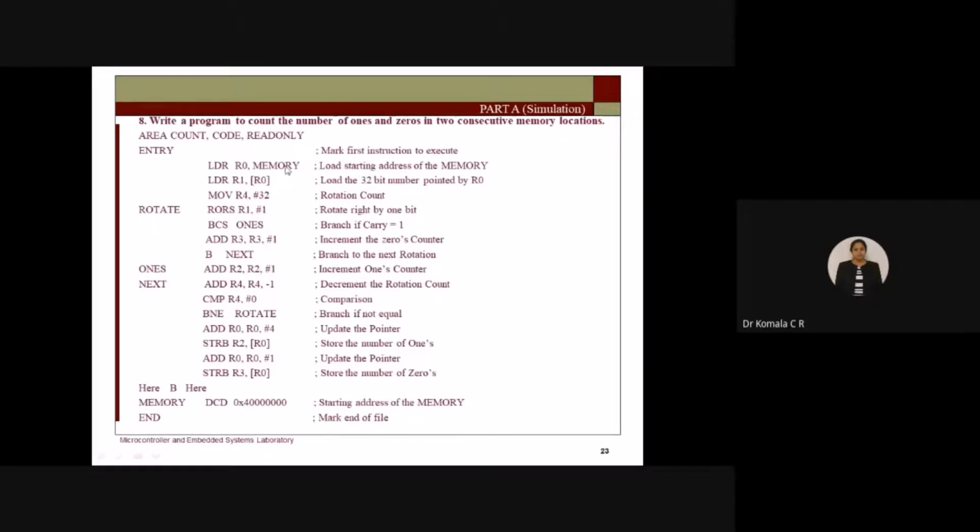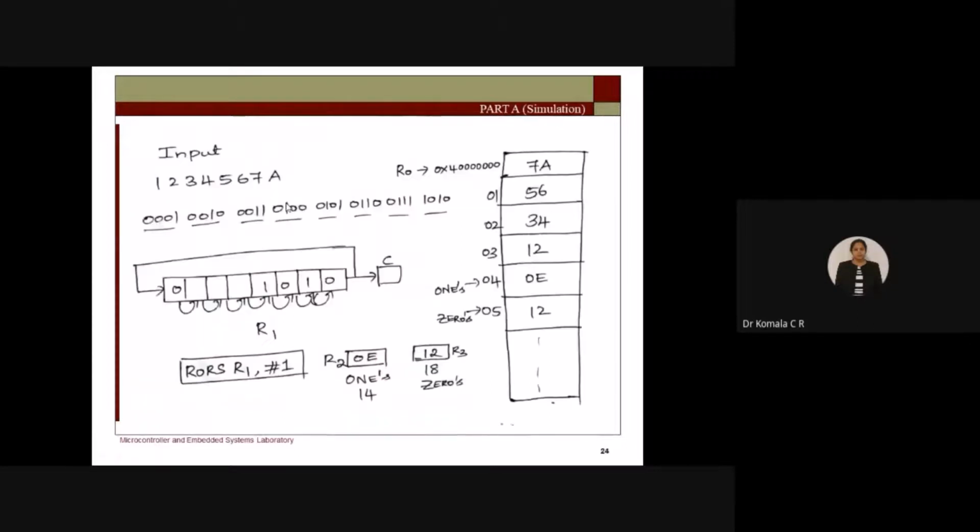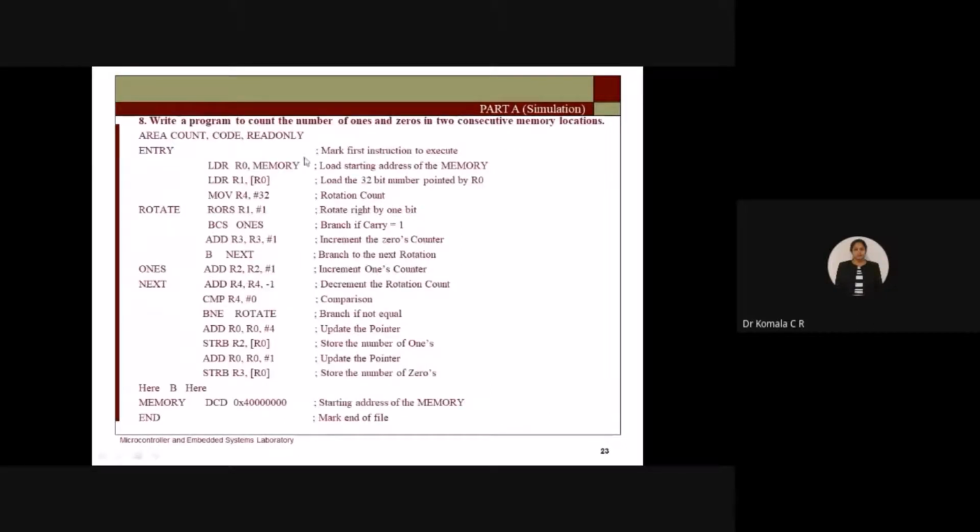Now R0 is pointing to your location. What is the next step? Before I rotate, first I have to get the content of this location. So the content of R0 is moved to which register? I am temporarily using R1 to perform the rotate instruction. So the content of R0 is moved to R1, right?